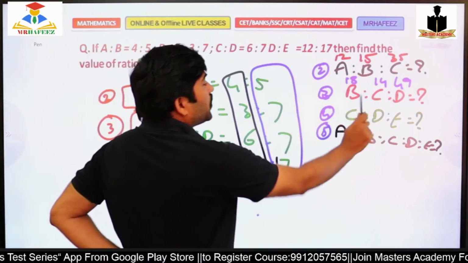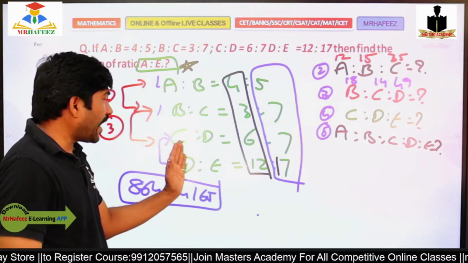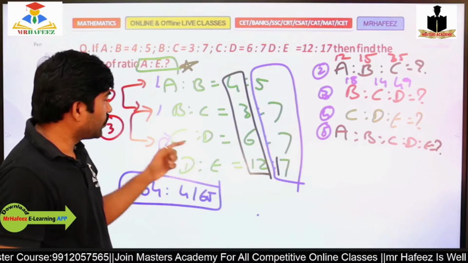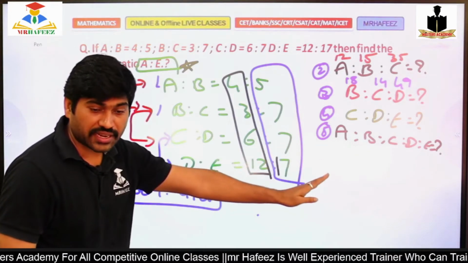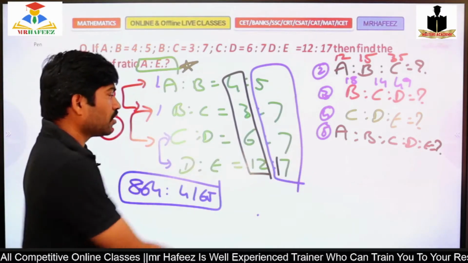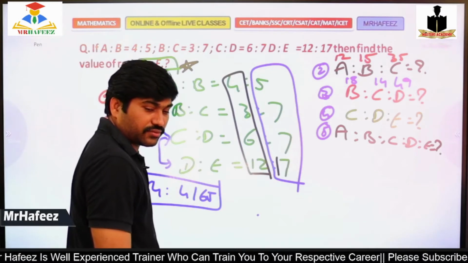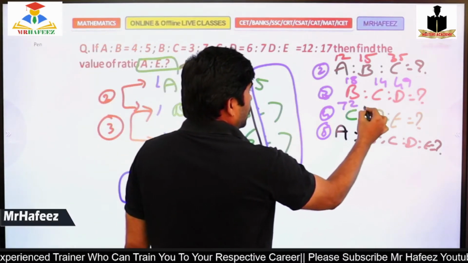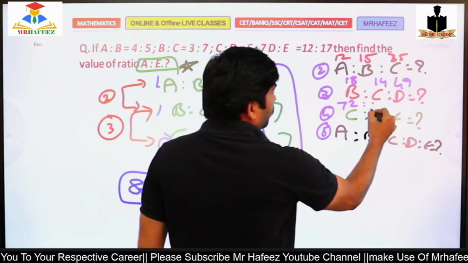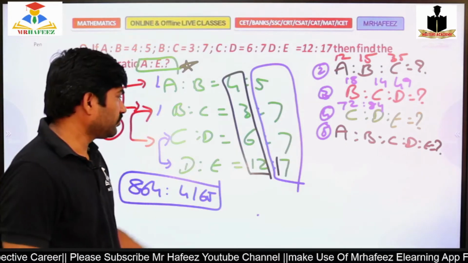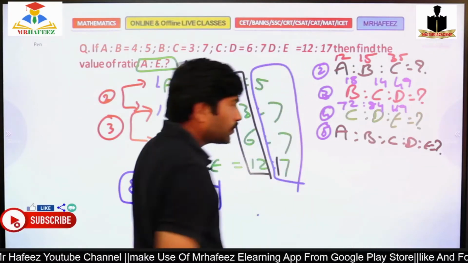Okay. C is to D is to E is needed. C is to D is to E, you should compare these two. So again 6 12s, 12 6 times. So for C is to D is to E, first 2 multiply, last 2 multiply, cross multiply in the second term. So 12 6 times 72. Right. And D, 7 12 84. Very good Reshma. And 17 7 times 119. That's it. Very, very simple.